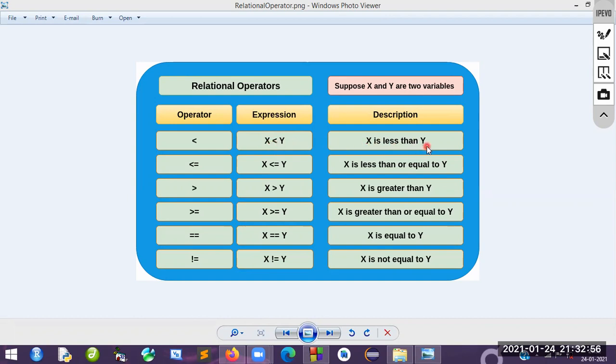This is an expression, and you will find a value. So x is less than y, x is less than or equal to y, x is greater than y, x is greater than or equal to y, x is equal to y, and x is not equal to y. If x is 5 and it is not equal to y, and that is true, it will give you the binary value. We will see these things clearly.